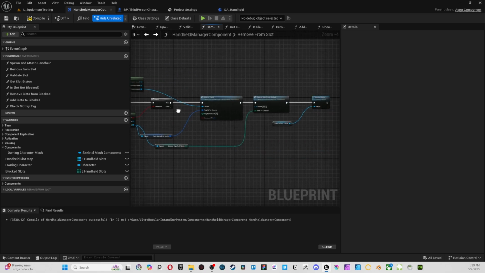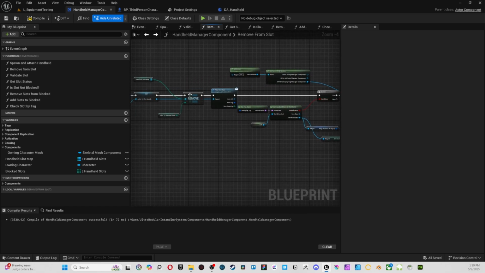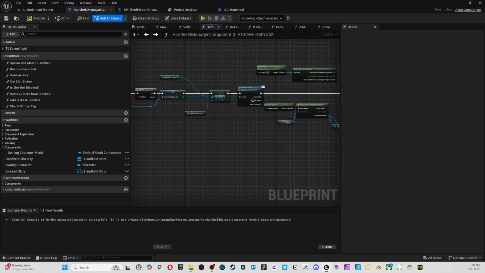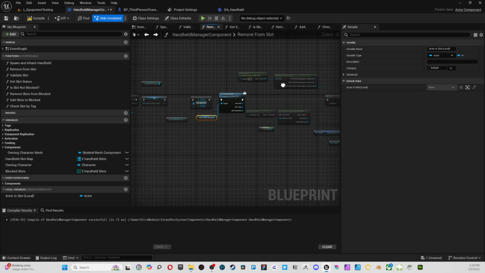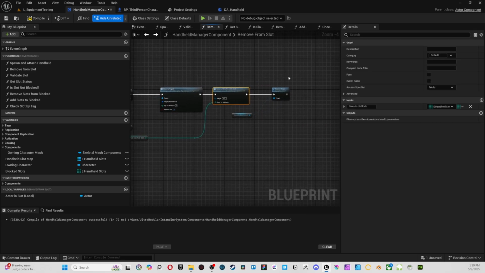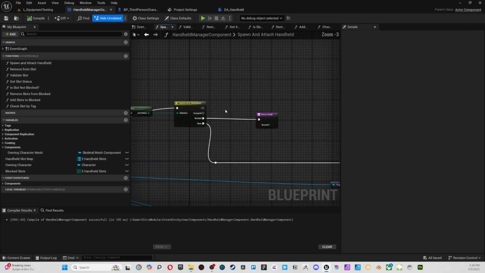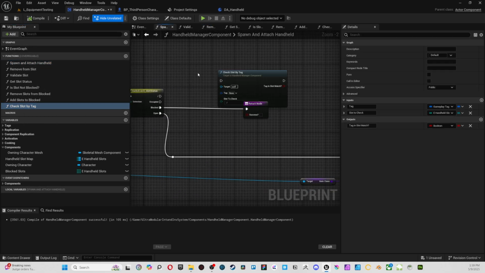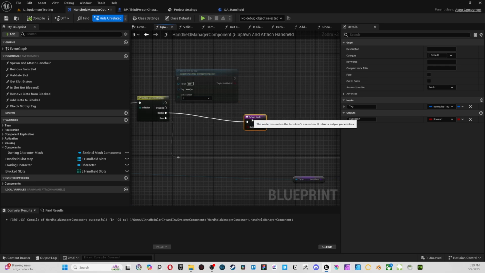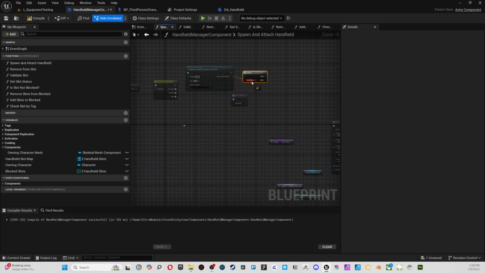And I'm trying to see where we remove right here. And this is a little unclear. I'm just going to get this local variable and put it right there to make it a little more clear. So we're removing the tags, and then we're removing the slots, and then we're destroying the actor when we remove it. So if it's occupied, we first need to check if it is the same or different kind of,